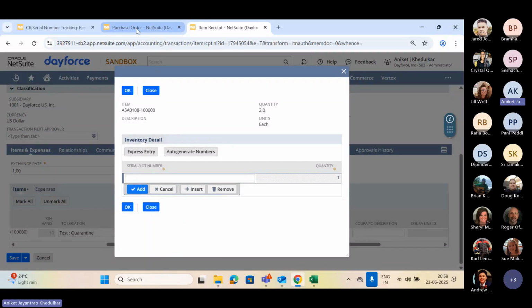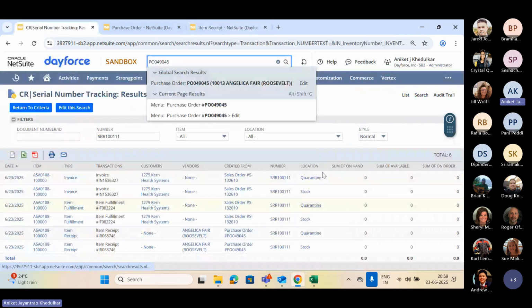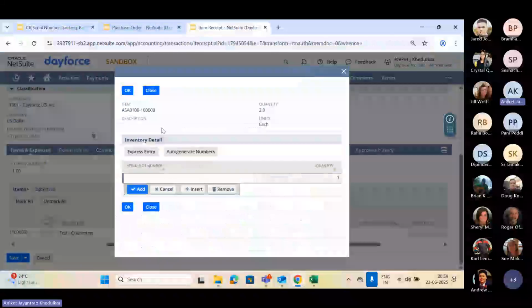So here you will have in this search the whole serial number data. For example, if I just put this sales order number,